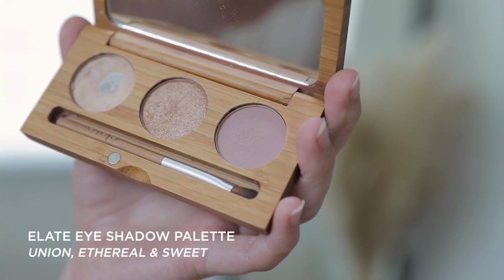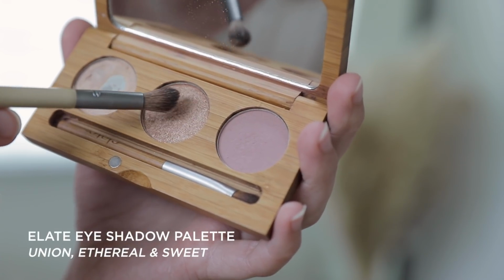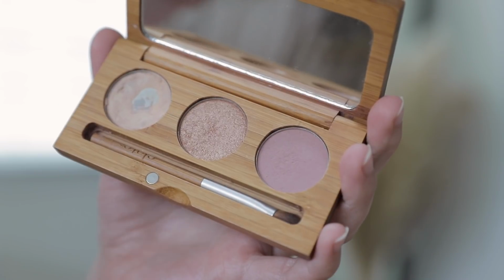Fun fact, my eyes are my favorite feature of my face, and I love using makeup to accentuate my favorite features, so naturally I have the most makeup products in this area, although we still keep it very simple at just 3 products. First, I have a refillable eyeshadow palette, also from ELATE, and what's really cool about their eyeshadow palettes is that you can actually choose what colors you want to go into it. So the ones I have in here are